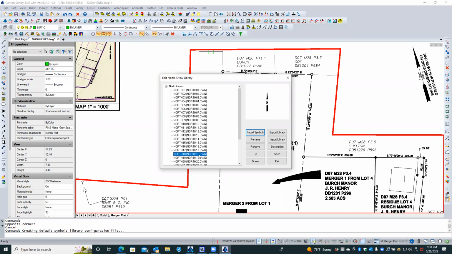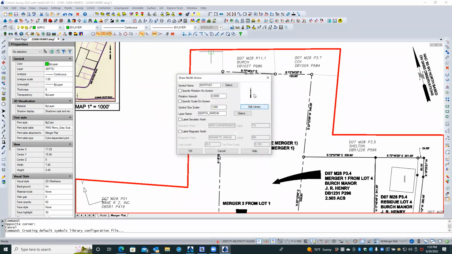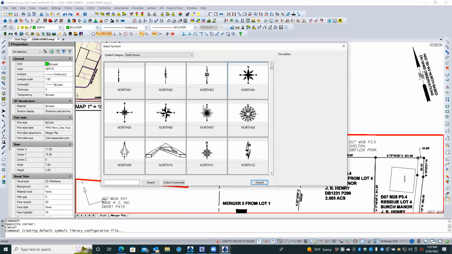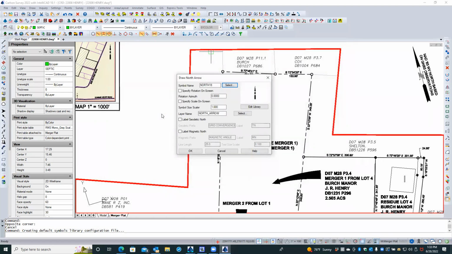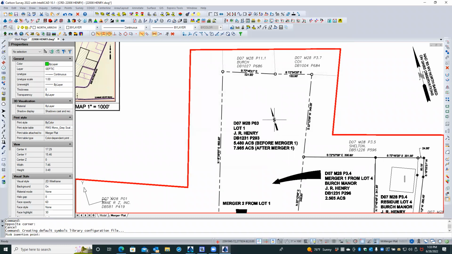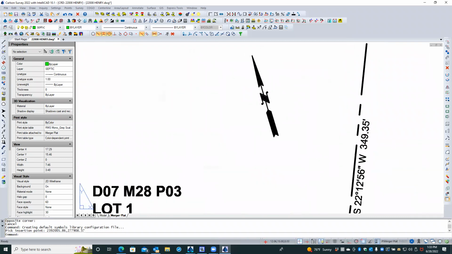All right, so if I set that, that's north 18. So if I choose, oh, that's what I meant to be doing. I didn't mean to be editing. So that north 18. And I just put it here. Okay. So then